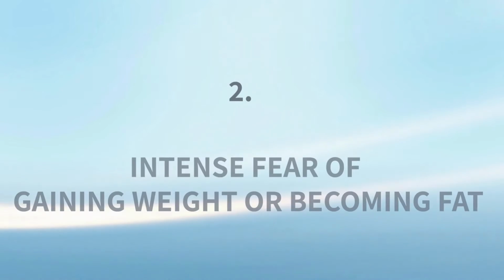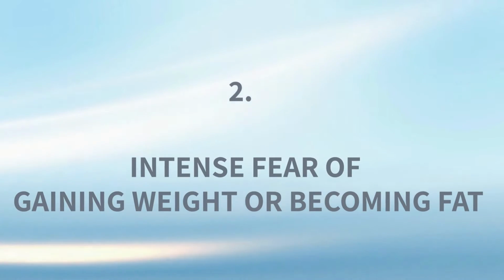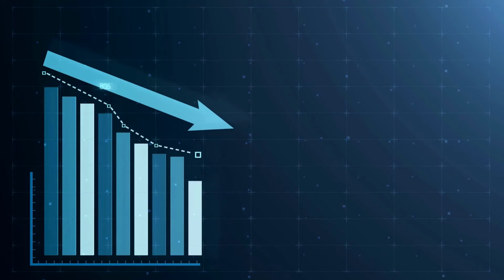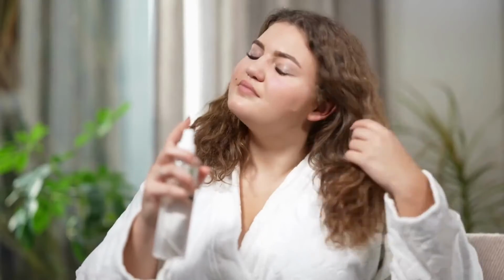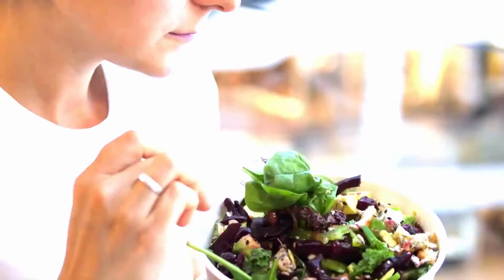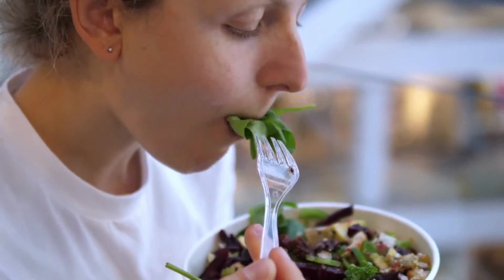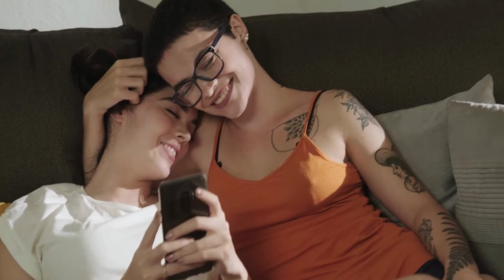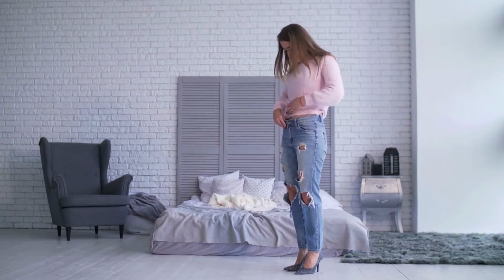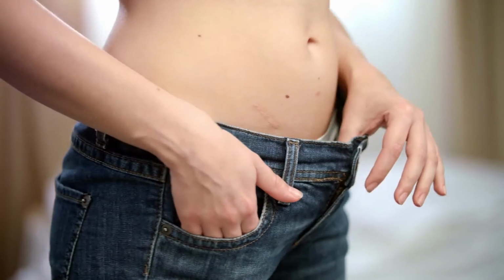Number 2, an anorexic individual has an intense fear of gaining weight or becoming fat, even though they are physically underweight by all appropriate medical and social standards. A typical case of anorexia involves a young person, that is a teenager or young adult, who is mildly overweight or even of normal weight, who then begins a diet and exercise plan to lose weight. As he or she loses weight, they receive initially very positive reinforcement for this behavior, compliments by peers, parents, or others. The reward is high, and this can eventually lead to an inability to stop this behavior, even once an